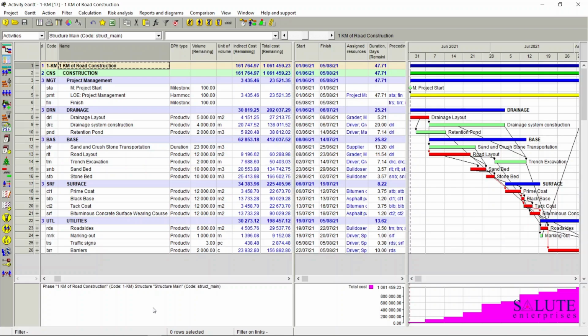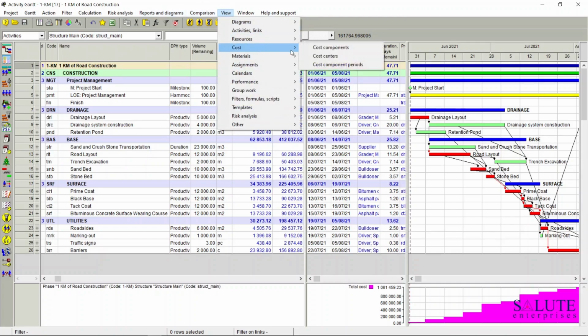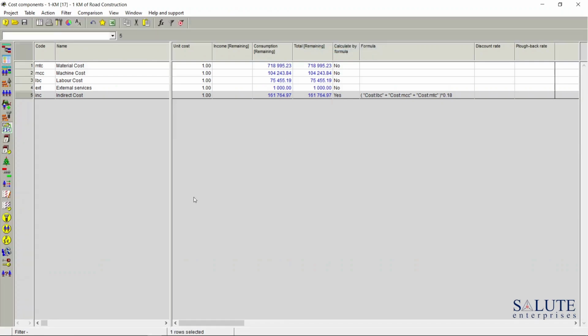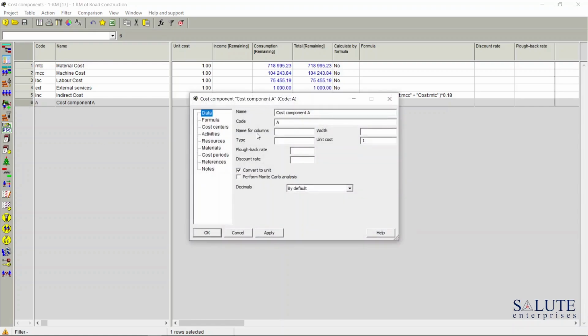In our example, let's assume we have a fixed cost contract. First of all, the contract cost needs to be set up as a cost component. So let's go to the main menu, View, Cost Components, and create a new cost component. Right mouse click or insert button, and now we have a new cost component set up. Double click on that new line item to get into the cost component form,